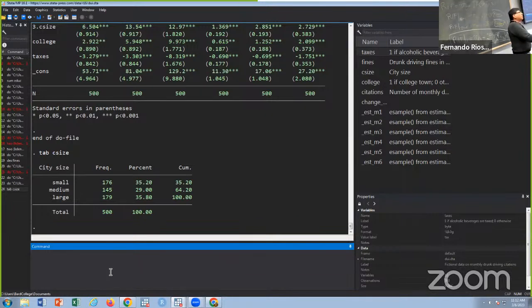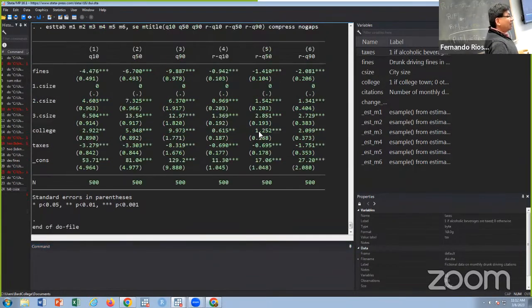Now, where will we be taking that 10% off? That's the other question that you need to ask yourself in this case. Equally from the other two. Yes, that would be the ideal way to do it. But because we have a left out group, we have to take it from the base group. So it has to come from small. So if we take some people from the small and they become part of the medium, there is a 10% increase in the medium, accompanied by a 10% decrease in the small, we're going to see that